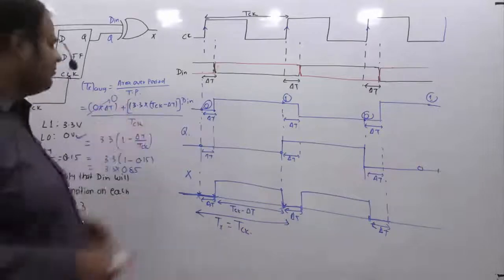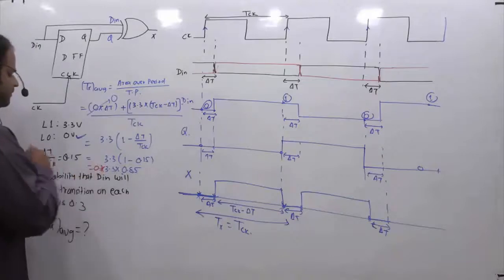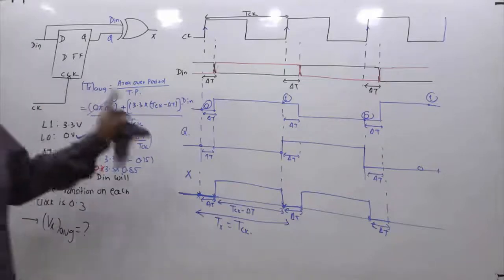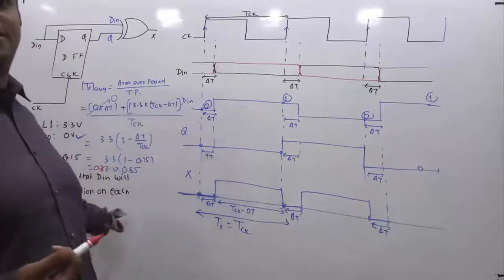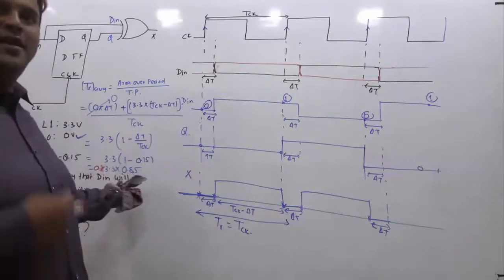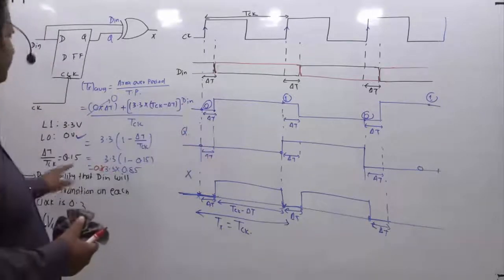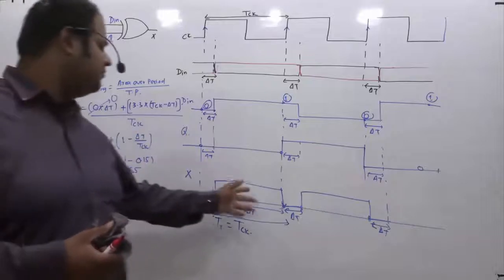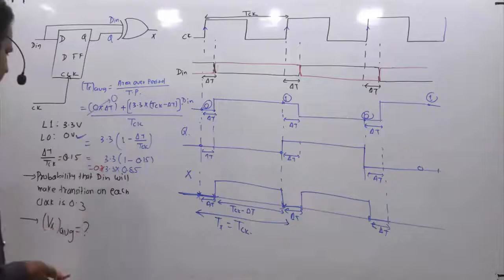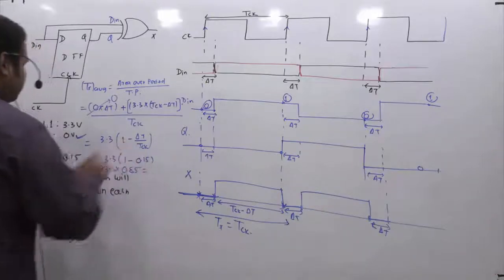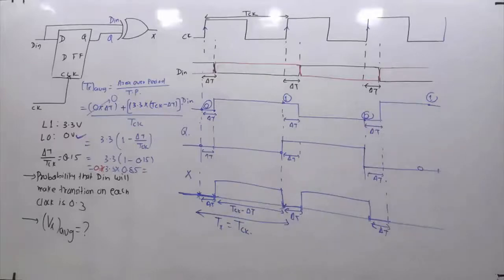So how do you use that information in this problem? Definitely you have to multiply by this probability. If the probability is 1, it is a confirmed event, every time it will happen, so I'd multiply by 1. If it is less than 1, the occurrence of such things is controlled by the probability. So the occurrence of this waveform will be controlled by the probability. Because the probability is 0.3, I have to multiply by 0.3. So you can check, 0.3 into 3.3 into 0.85. How much is it coming?